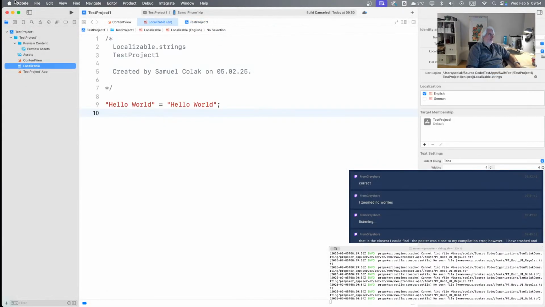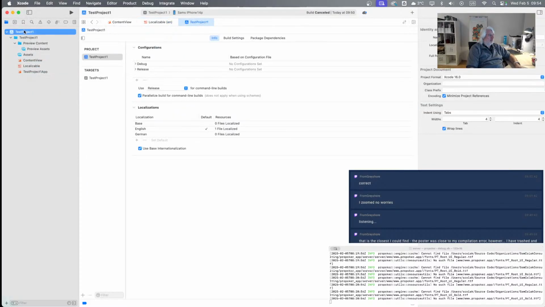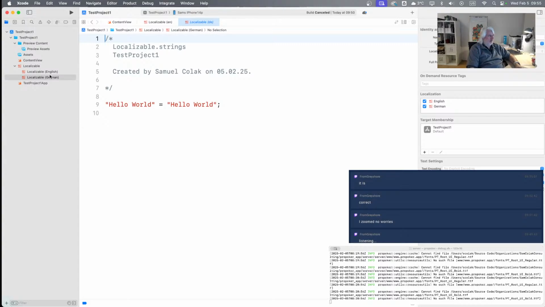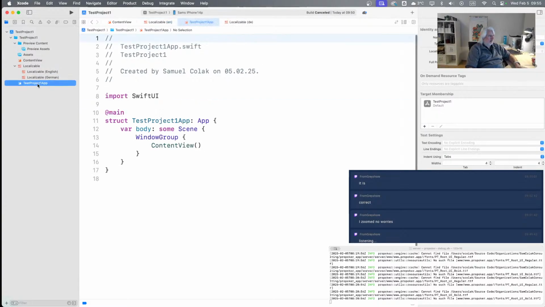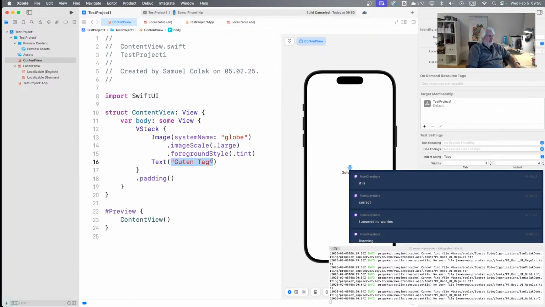Oh, come on. The localization is the biggest pain in the ass you can imagine. There we go. Oh, got it. Hello world is Guten Tag. So if you do hello world Guten Tag, and then in your content you can say